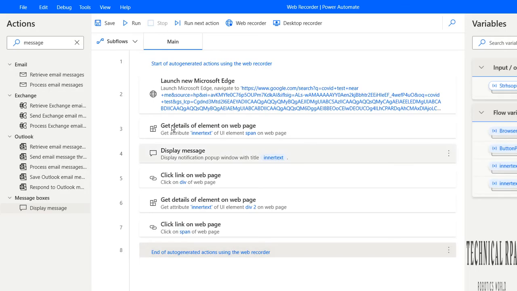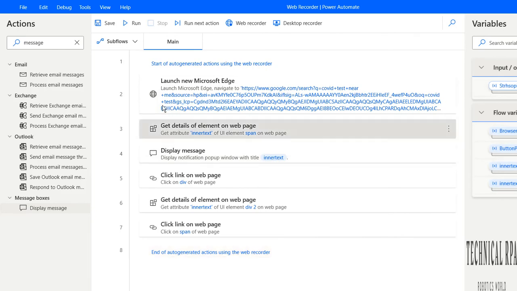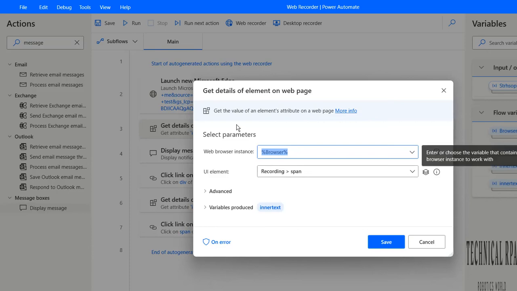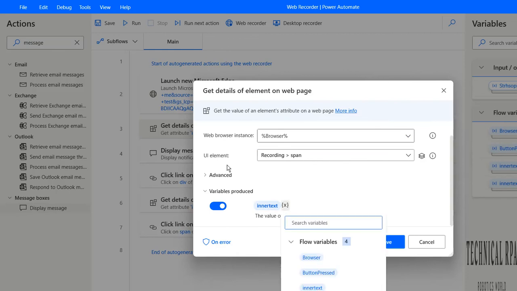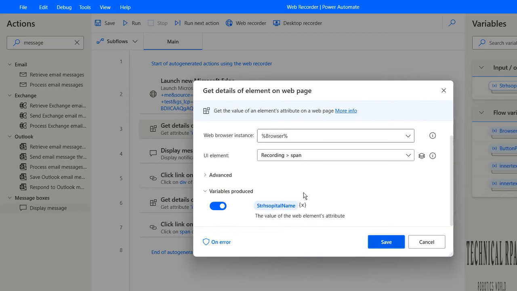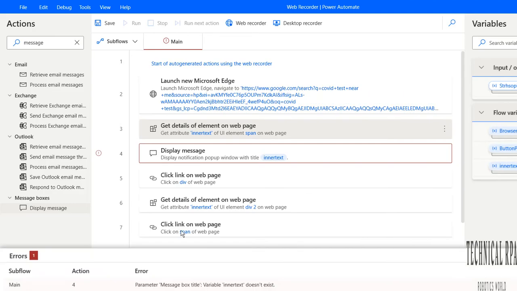So I'm creating a display message. Instead of the web browser instance variable produced, inner text, I will make it strHospitalName. I would save that.